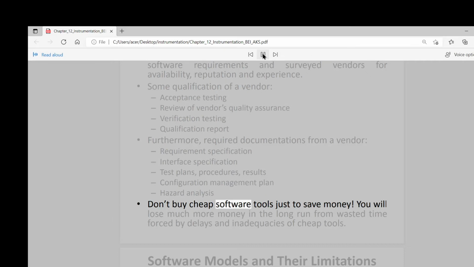Don't buy cheap software tools just to save money. You will lose much more money in the long run from wasted time, forced